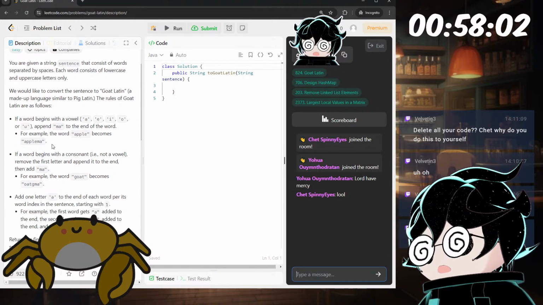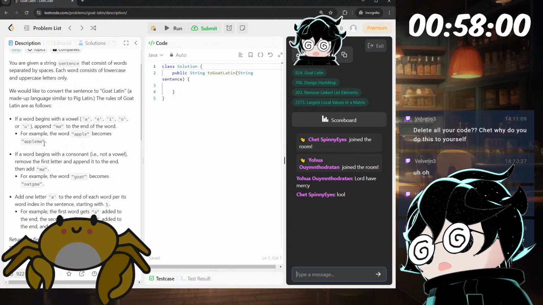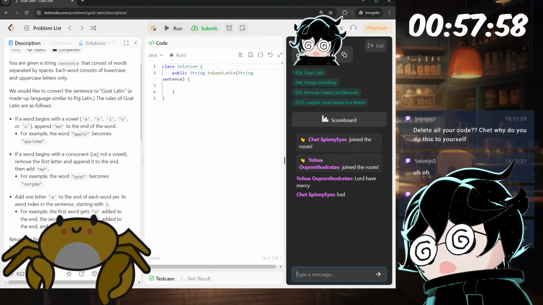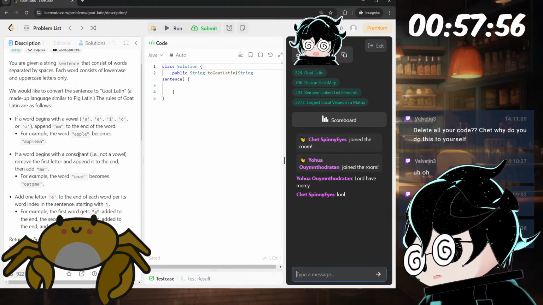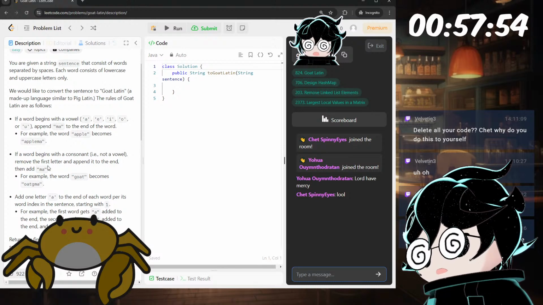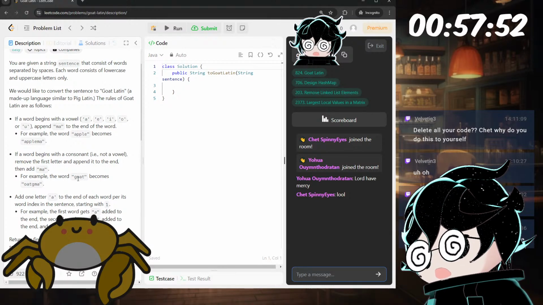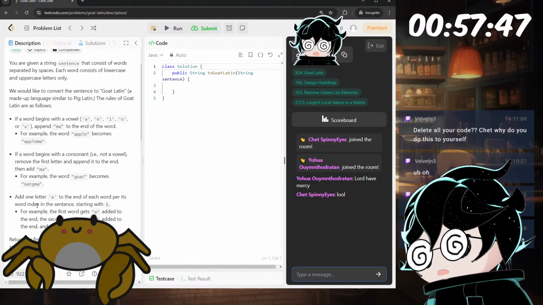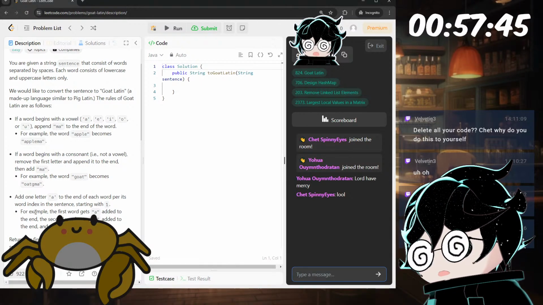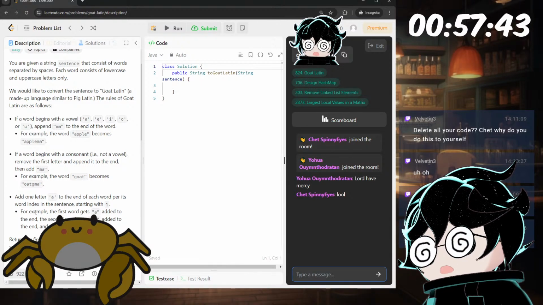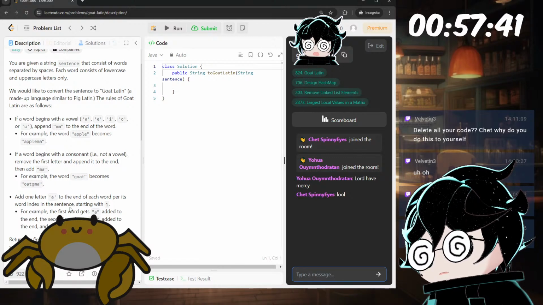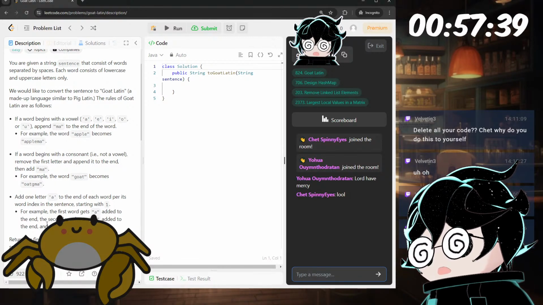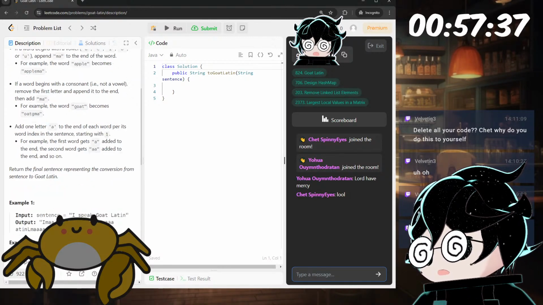For example, the word apple becomes applema. If a word begins with a consonant, remove the first letter and append it to the end, then add ma. Goat becomes oatgma. Add one letter A to the end of each word per its word index in the sentence, starting with 1. First word gets A added to the end, second word gets AA. Got you, okay.